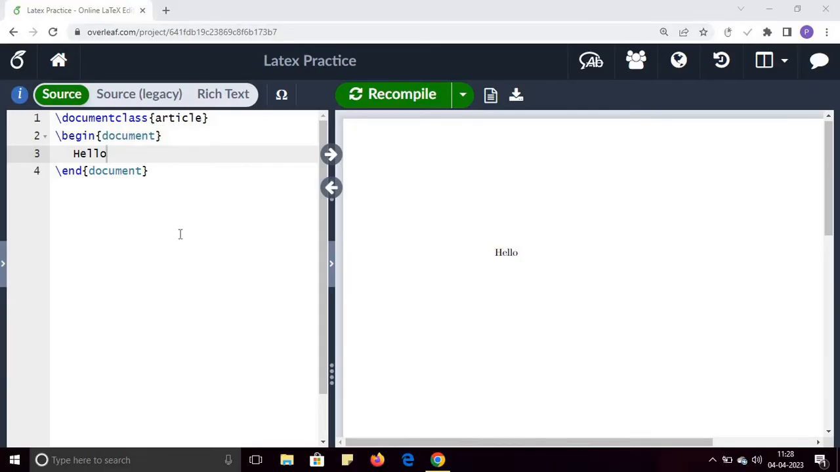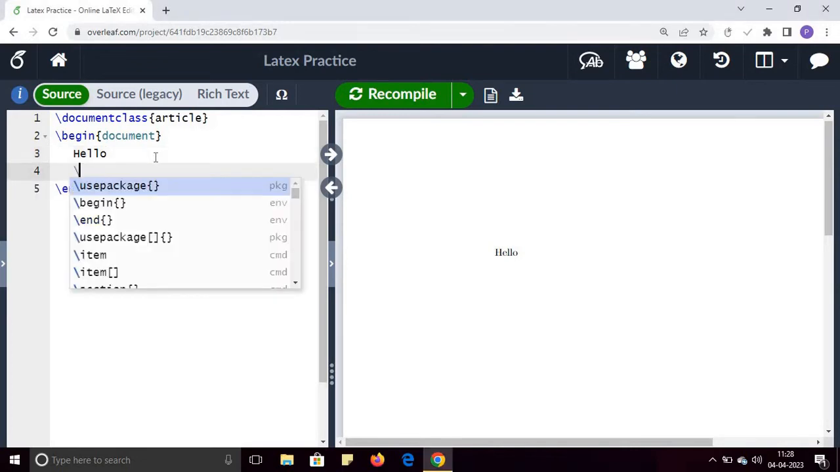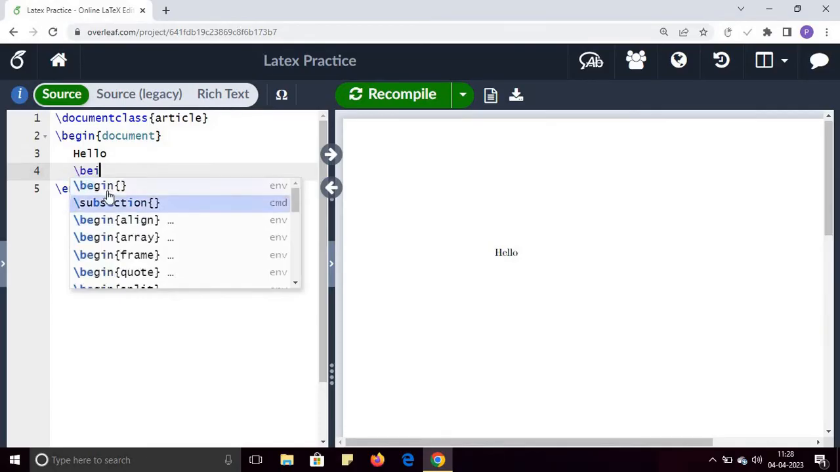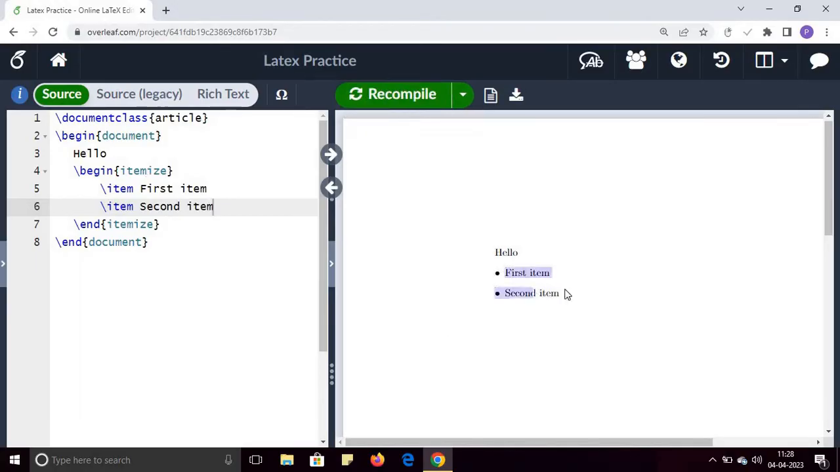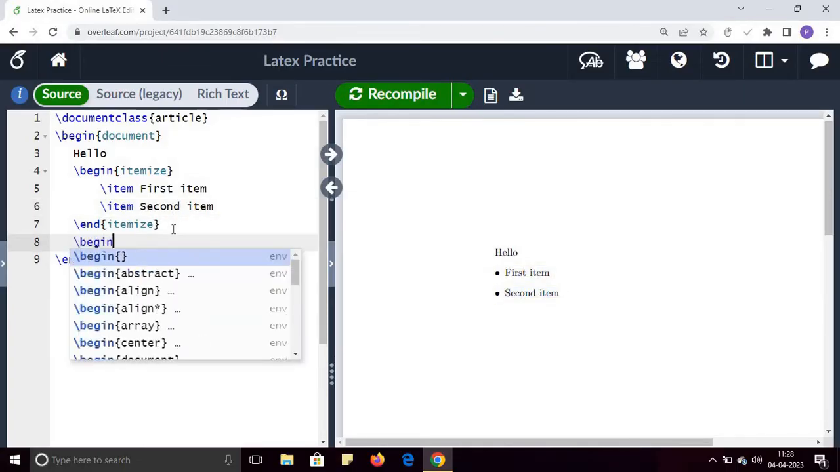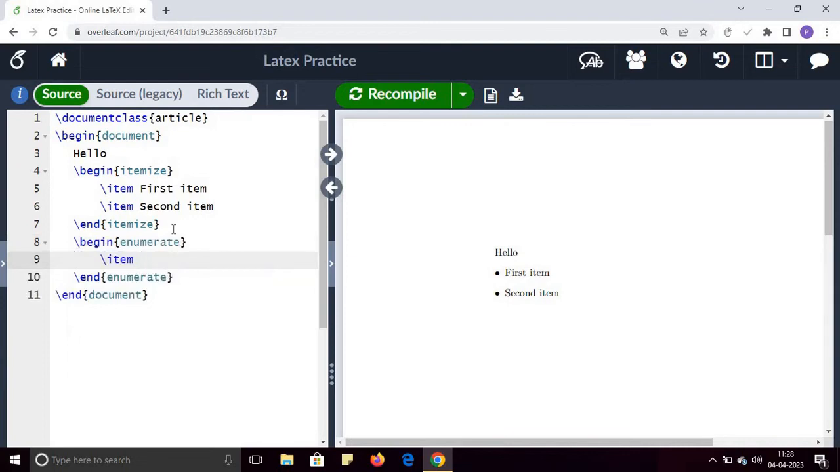So first of all, let's create an unordered list. If you want to use an unordered list, then you will use begin itemize, and here you will write first item, suppose, and second item. And if I click on recompile, you can see this is an unordered list. If you want to create an ordered list, then you will use begin enumerate,